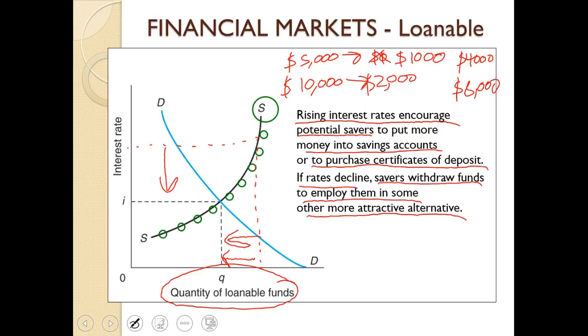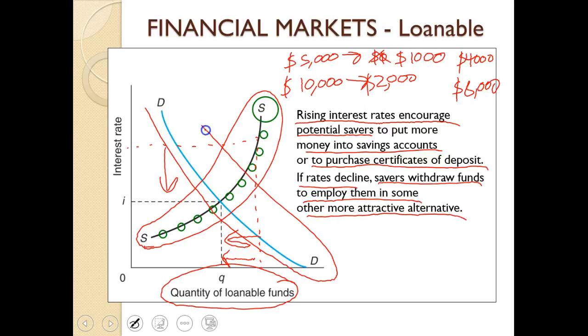So if we go back to this example, the supply of loanable funds is a positive, upward sloping curve, because as interest rates rise, the supply of loanable funds will actually increase. Well, if you're on the demand side and the interest rates are rising, now you want to take out less of a loan. Why? Because it now costs too much. The cost of that loan is now increased. Therefore, at a higher interest rate, you demand